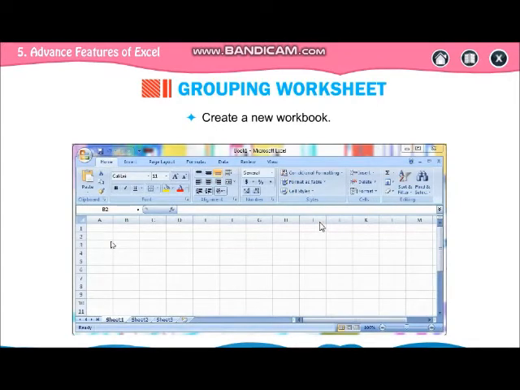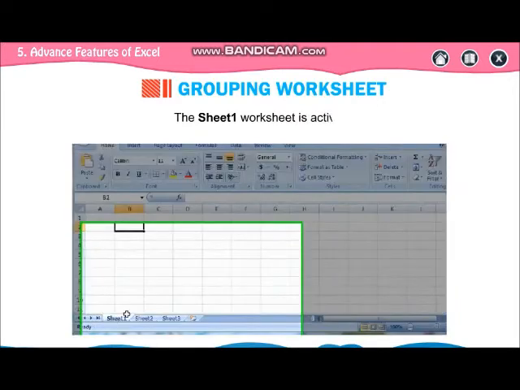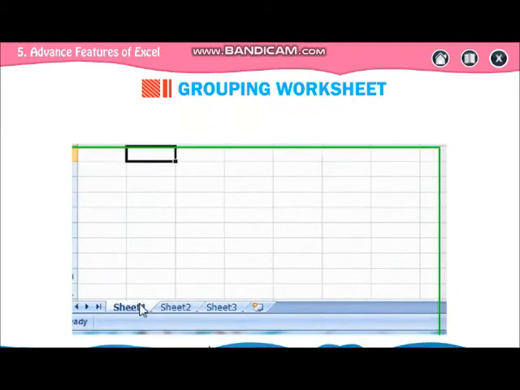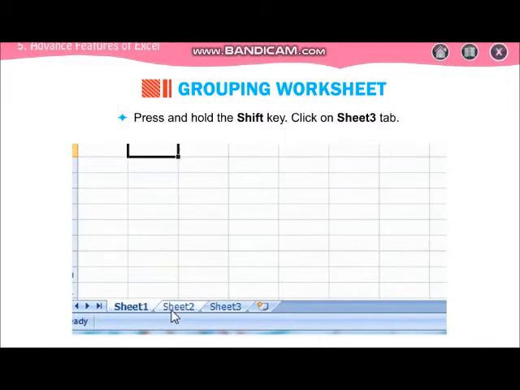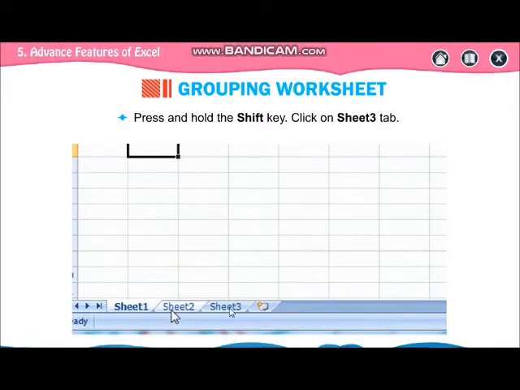Now first create a new workbook. Okay, we have created a new workbook. This is your sheet 1. Now press and hold the shift key and click on sheet 3.